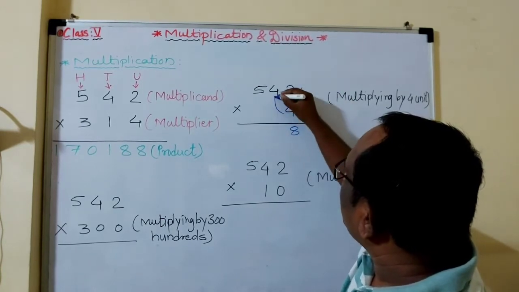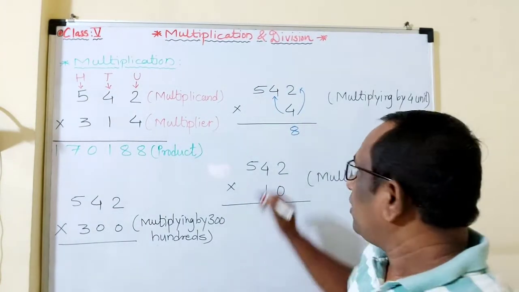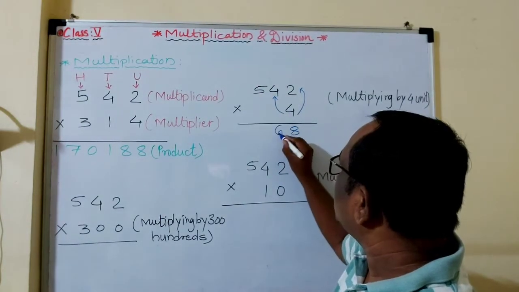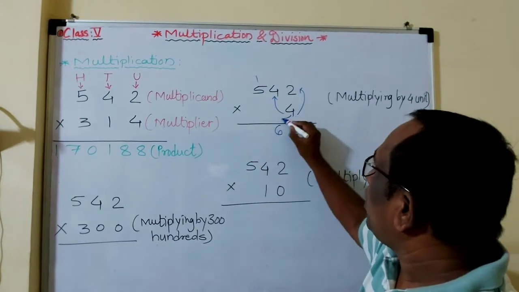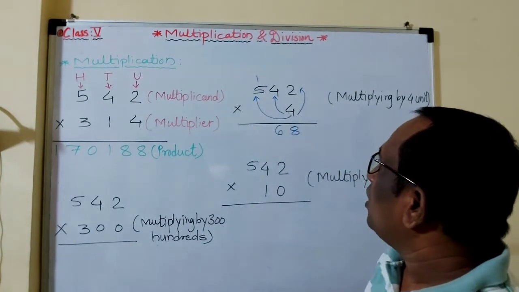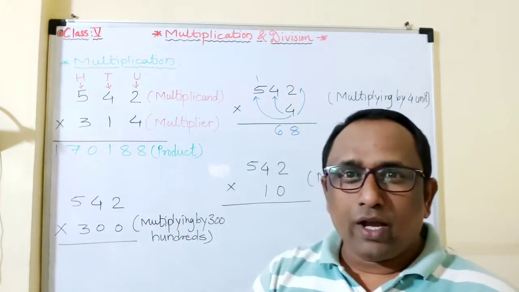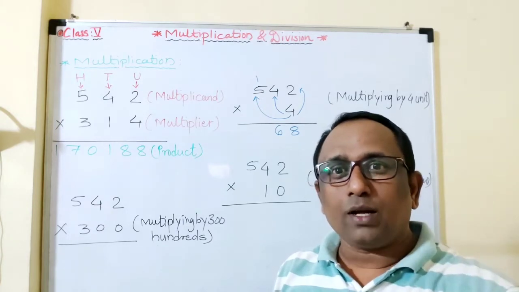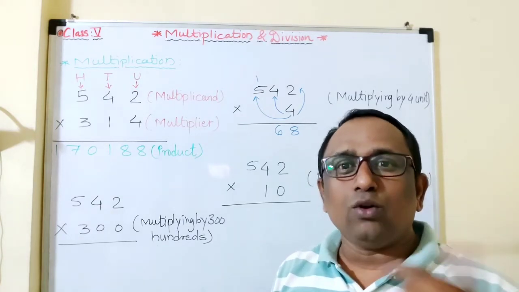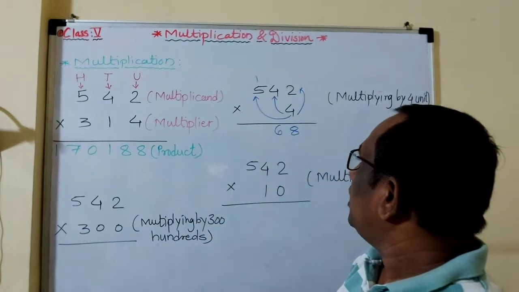Now we have to multiply the 10 place. Here 4, here 4. 4 4s are 16. We cannot write 16 at one place, so 6 remains here and 1 is carried over. Now this 4 we have to multiply by 5. 5 4s, or 4 5s. Always keep in mind when you are using the tables, choose the bigger number first and then the lower number. It saves your time. So 5 4s are 20, plus 1, 21.